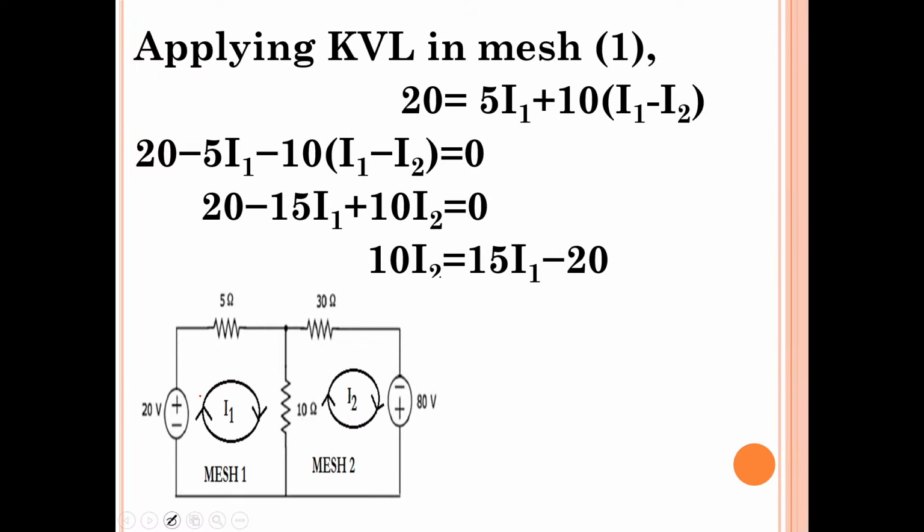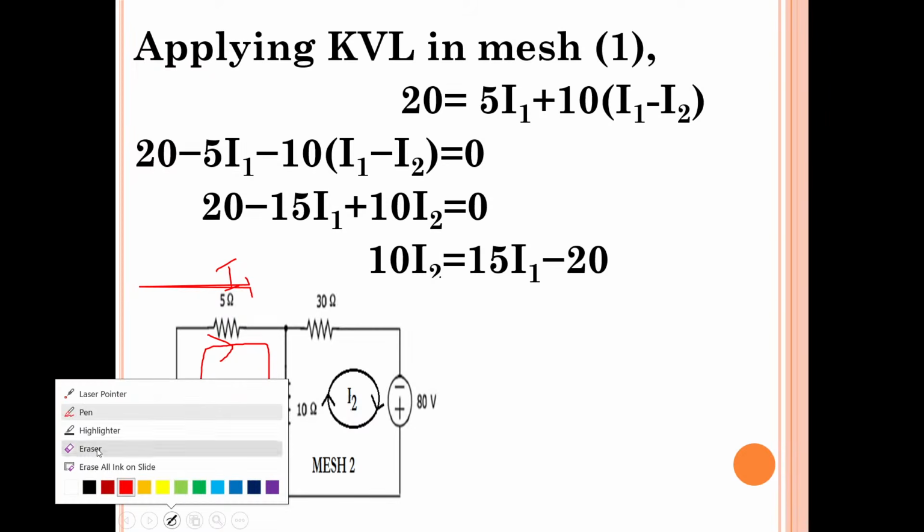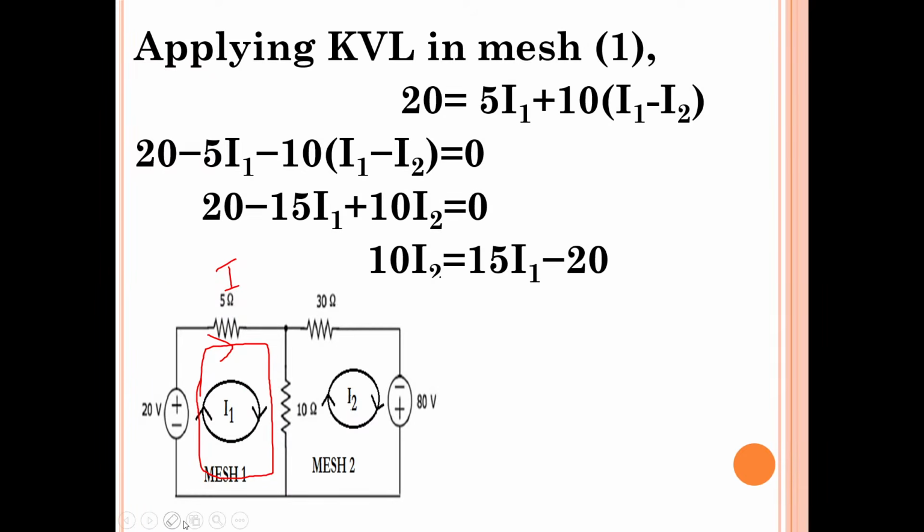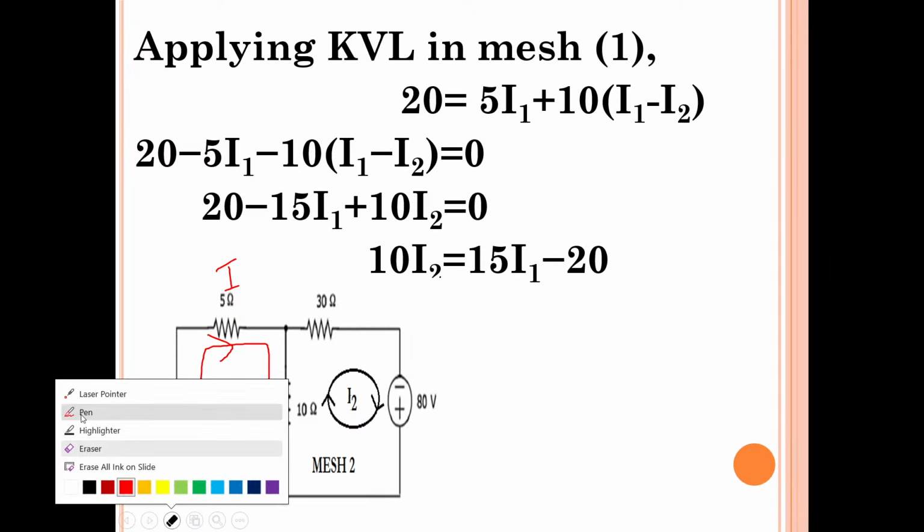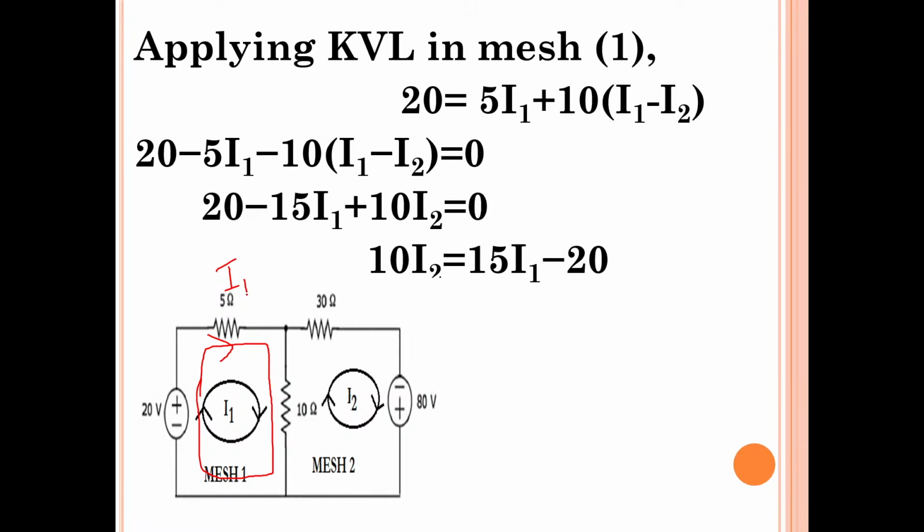So this is the current I1 which is flowing through here, and it is flowing like this and this. What is the current that is flowing through 5 ohms? Here the mesh current I have assumed is I1, isn't it? So I1 current is flowing through 5 ohms. So what is the voltage across 5 ohms? 5 into I1 is the voltage across 5 ohms. Similarly,